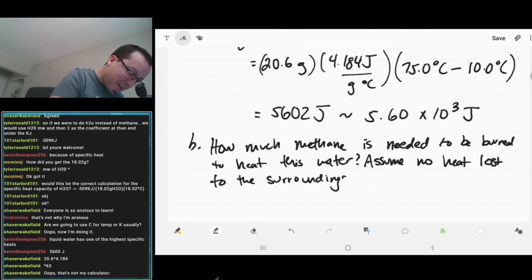Very often, we are going to make the assumption that we're not going to lose heat, although in reality, of course, we will lose some heat. But just like in physics, we ignore air resistance, here we're going to assume that we do not lose any heat. So remember the delta H for methane combustion was